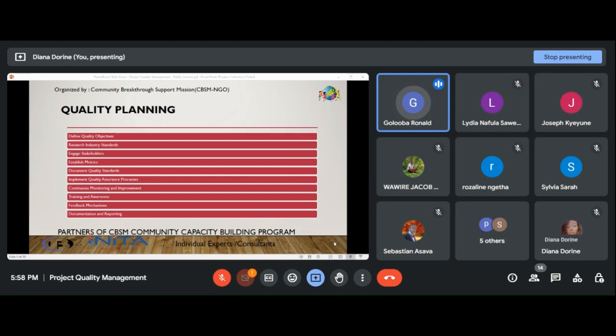So like I said, you should have these feedback mechanisms established that collect information from the different stakeholders and teams regarding the quality. You can use, for example, client satisfaction surveys, simple questionnaires. You've seen these at the service provision points, telling you to tell them about the quality of the service that